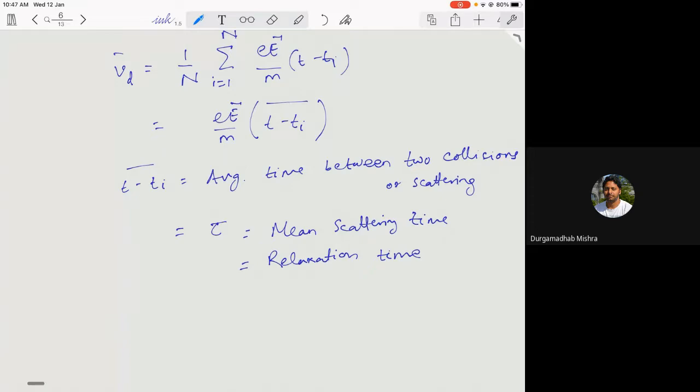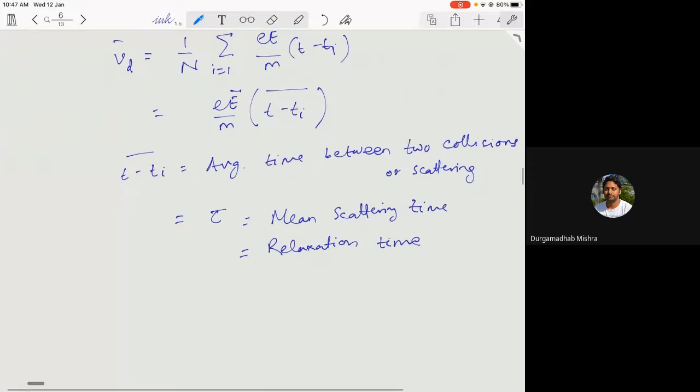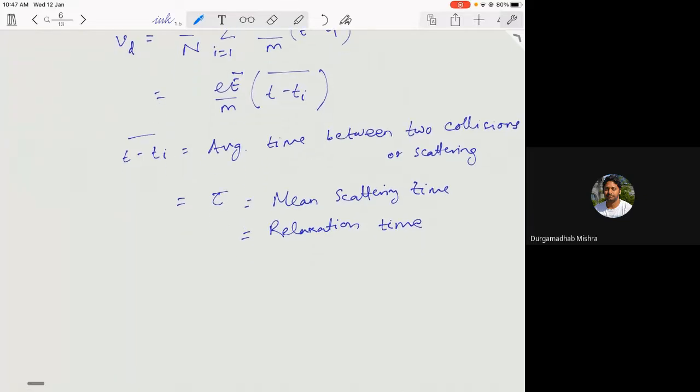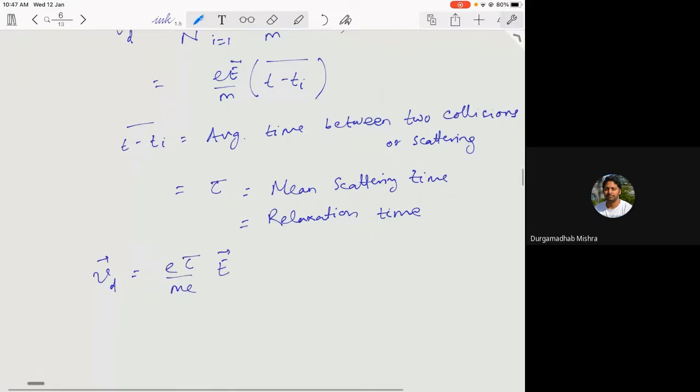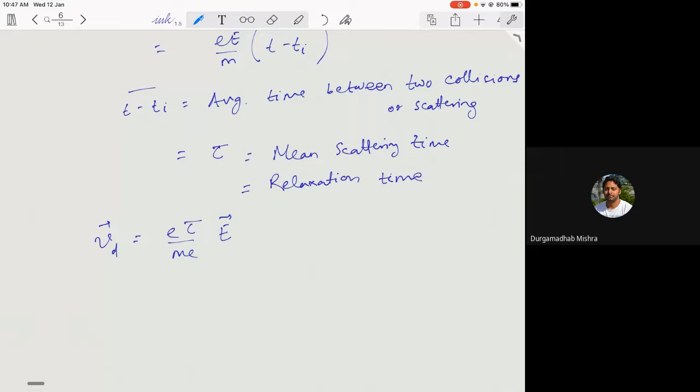But you will have an average time tau for all of the electrons when you consider all the electrons. And in that case, we can write down our equation, right? eτ by m into E,